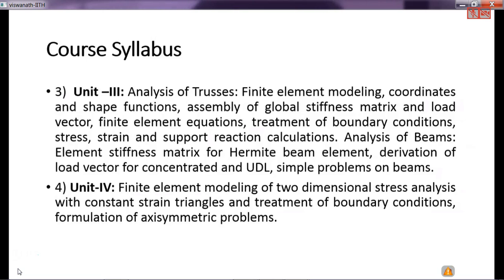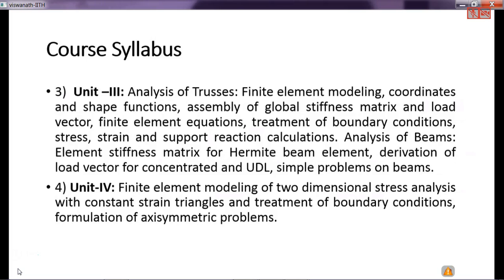So that's the reason three-dimensional finite element modeling is not dealt with separately. It is assumed that once you know the two-dimensional state of stress, three-dimensional or higher dimensions are more or less the same in nature. So at this point, in unit 4, you are well versed not only with one-dimensional problems but also two-dimensional problems. Since you are not posing a lot of questions, I would go ahead with the next